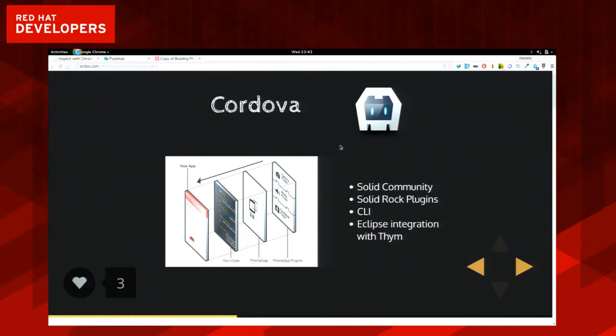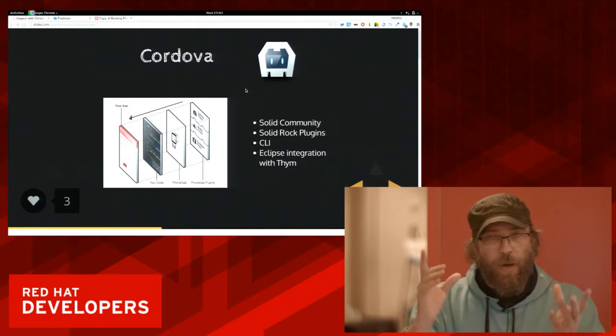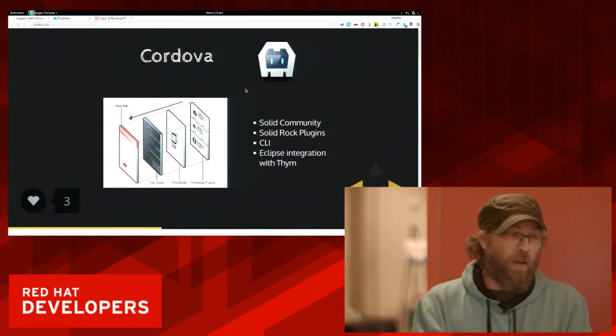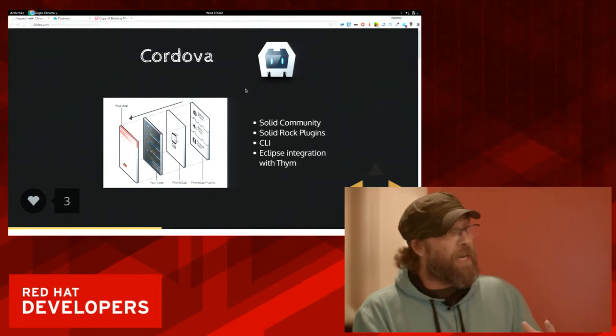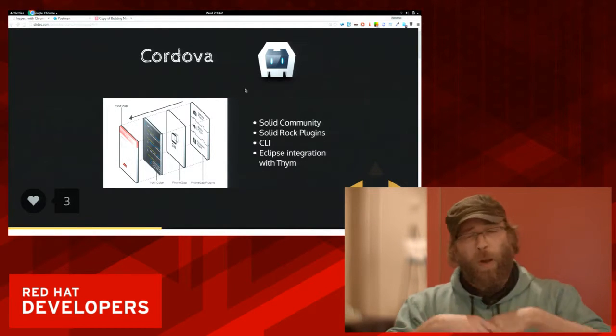So Cordova is a framework that lets you build native mobile clients, but your app has to be written with web technologies. That means with HTML, JavaScript, and CSS. And just by using the same code base, Cordova can create a native wrapper around it. And without changing a single line of code, you can create an iOS package, an Android package, a Windows package,